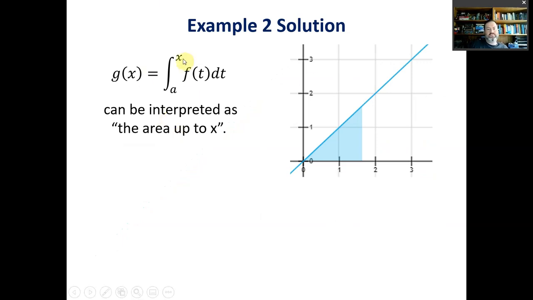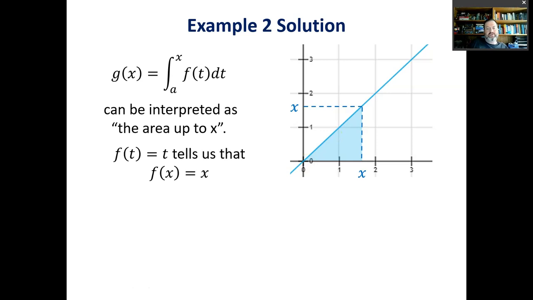So when we have this expression, we can interpret this as the area up to x. Now, for this particular problem, a is 0, right? But it's still the area up to x. Like, a is still a variable. But for this particular problem, we're just saying that this starts at 0. So this area,